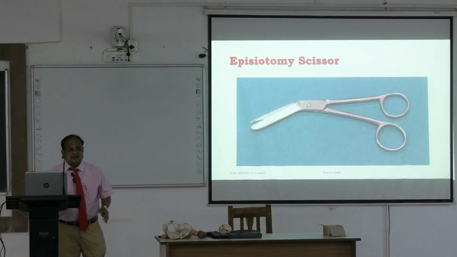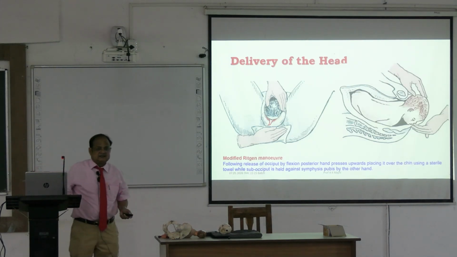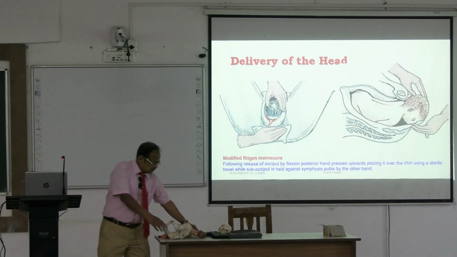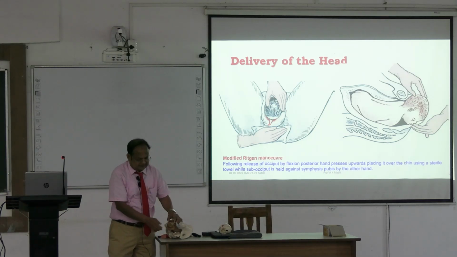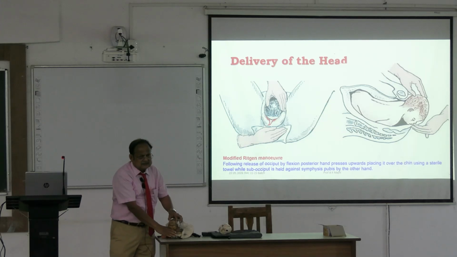যদি এপিসিওটমি সিজার, এই কোশ্চেনে দেওয়া হয় এপিসিওটমি সিজার কী করে দেবে। ডেলিভারি অফ দ্য হেড, এটাও একটা টেকনিক আছে, দ্যাট ইজ মডিফাইড রিটজেন ম্যানোভার। তোমাকে মিনিমাম ডায়ামিটারটা বের করতে হবে, যদি ম্যাক্সিমাম ডায়ামিটার বেরিয়ে যায় তাহলে কমপ্লিটলি পেরিয়ে যাবে। যখন ডেলিভারি অফ দ্য হেড হবে, তোমাকে হাতটা এখানে রেখে প্রথমে ফ্লেক্স করতে হবে, যাতে সাবঅক্সিপিটো ফ্রন্টাল ডায়ামিটার বেরোয়। আর যদি এক্সটেন্ডেড অবস্থায়, মানে ডিফ্লেক্সড অবস্থায়, তাহলে অক্সিপিটো ফ্রন্টাল 11.7 সেন্টিমিটার,